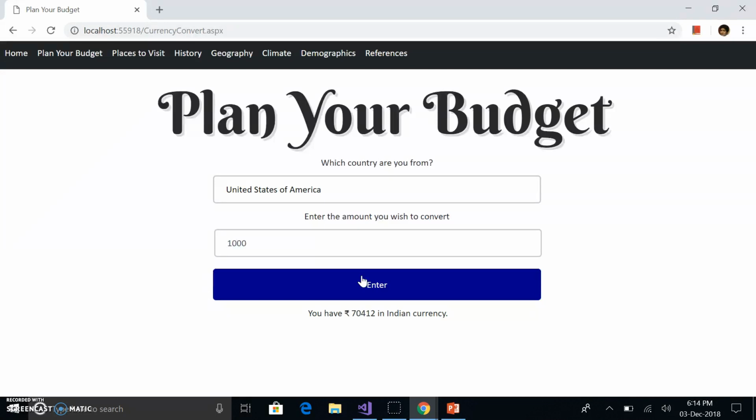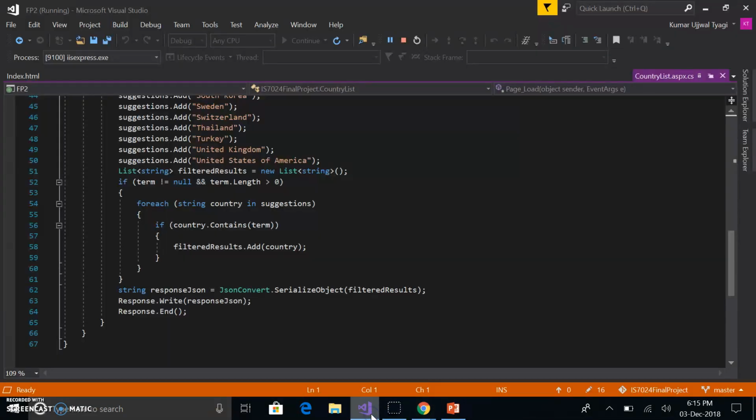Another interesting feature is that in order to have this currency converted, we have utilized the currency conversion JSON API, and the most interesting part is that it has real-time currency data. So whichever part of the day you are feeding in the currency, it will give you the appropriate conversion at that moment using the exchange rate for that period. So let's get back to Visual Studio Code, and